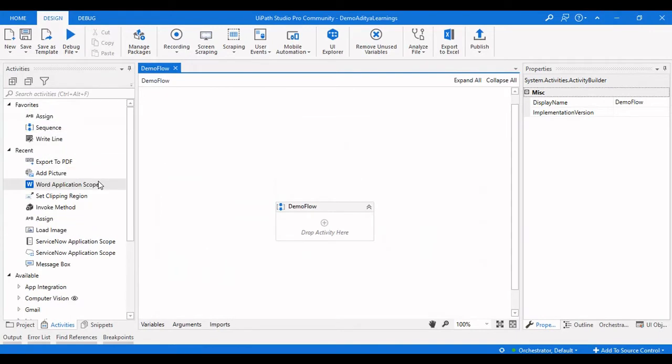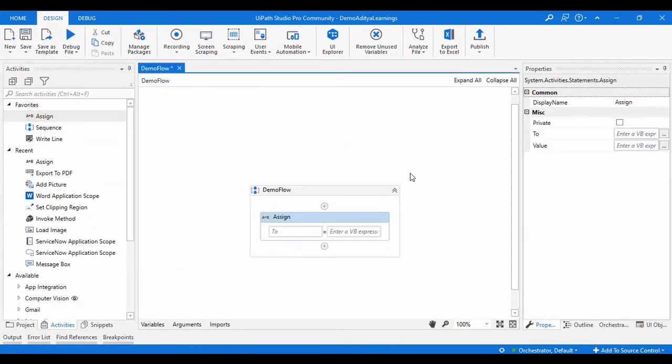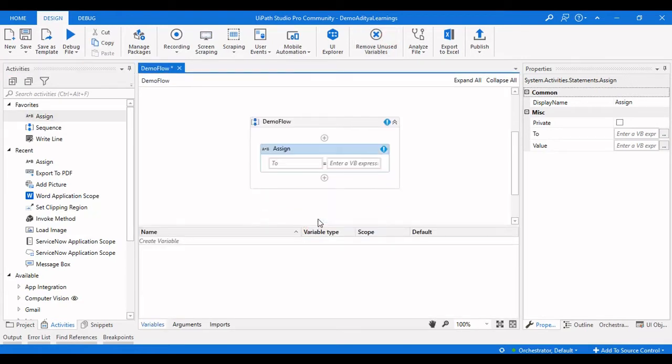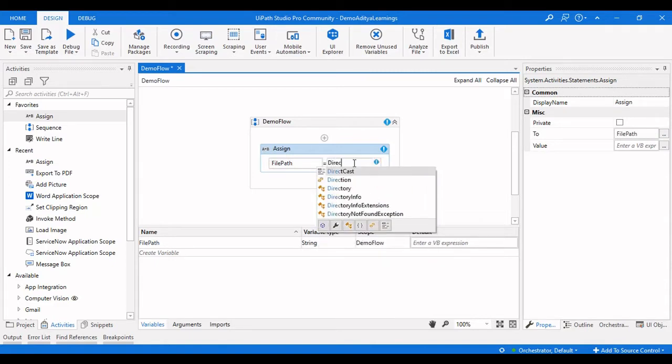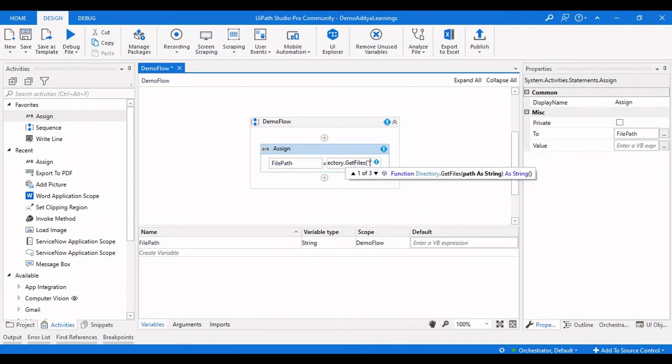So what I need here is first I need to assign in order to get the files. So I need to do a Directory.GetFiles here. So let me create a file path first. Which is a file path, and I need to give the Directory.GetFiles of the folder path.